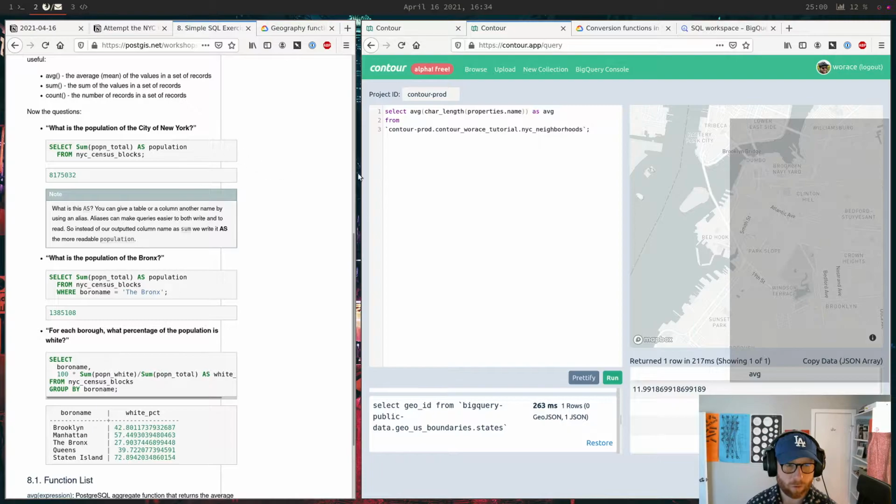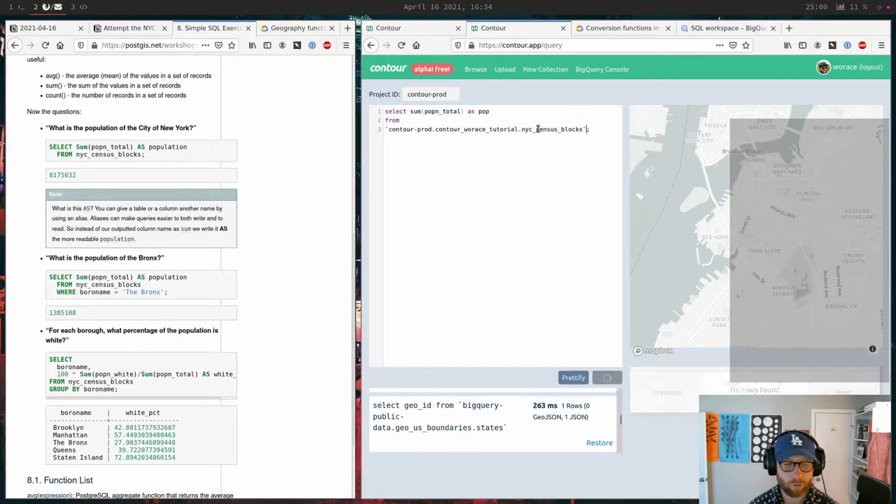So this is census blocks. Select, let's see, sum total. Oh, okay, there's going to be another catch here, unfortunately. As pop from nyc census blocks, where let's just get all of them, get the total.